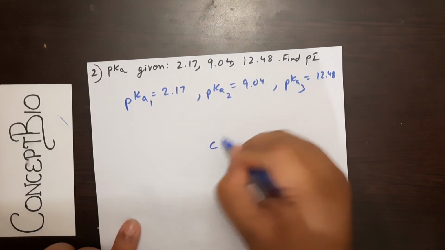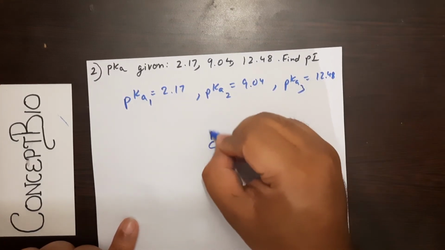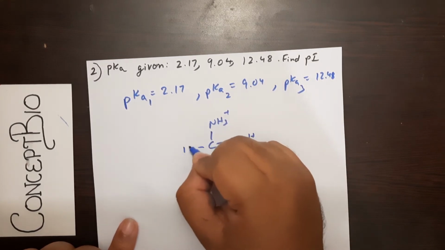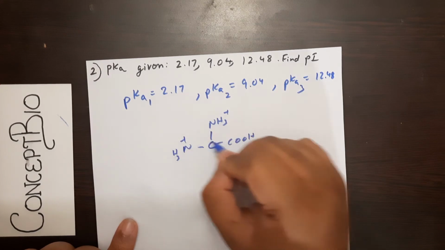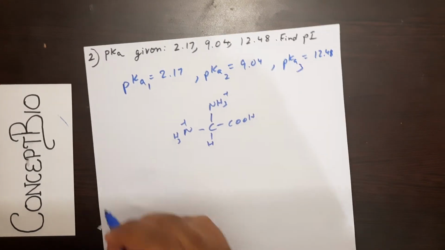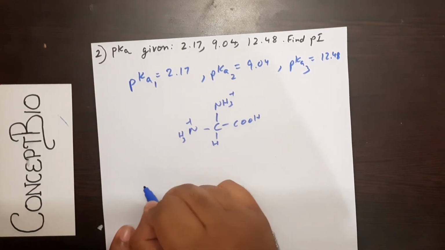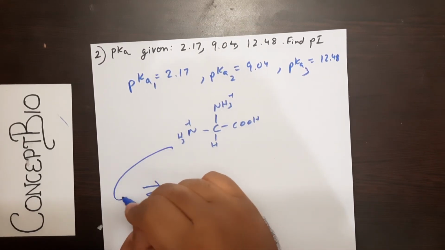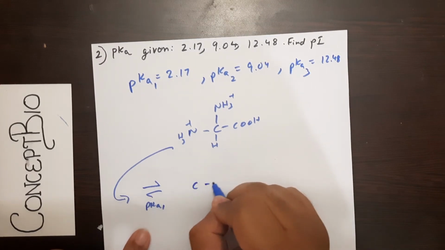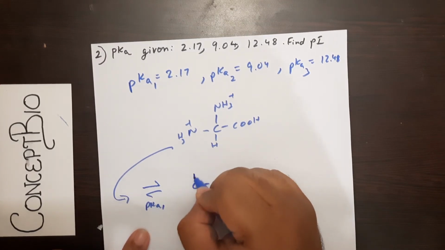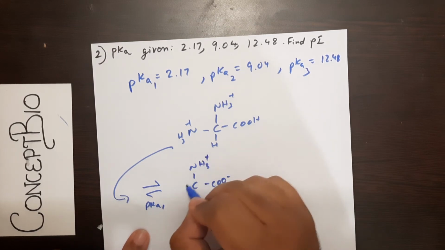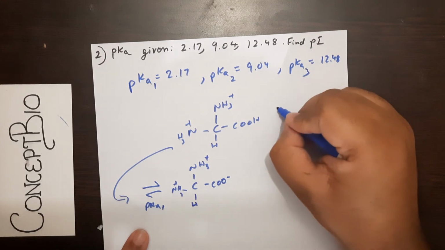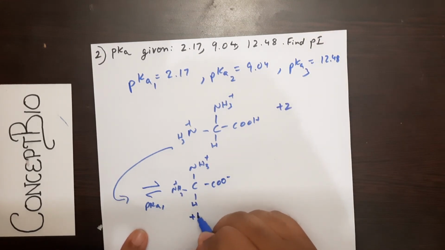This is a basic amino acid, obviously, because we're having a high pH value. So NH3 plus, COOH, NH3 plus, H. Okay, so now this is the structure. If I increase the pH above pKa1, what would happen? Just remember this over here, please. I don't want to draw it again. So COO minus, NH3 plus, NH3 plus, H. The net charge over here was +2. The net charge over here is +1.